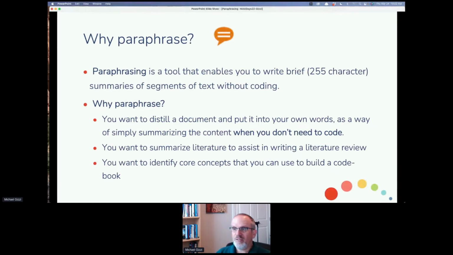You want to summarize literature to assist in writing a literature review. There's an entire spotlight session on literature reviews, so you can check it out in the replay. You want to explore your data, and you're not certain yet what code you're going to be creating, and it's a way to go in depth into your documents before you're building a code system.